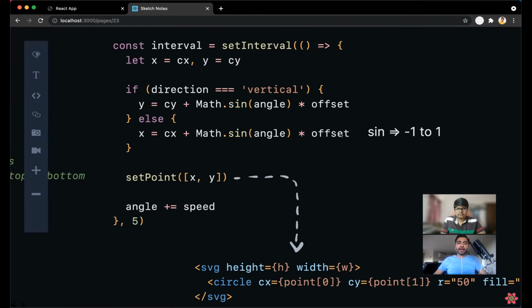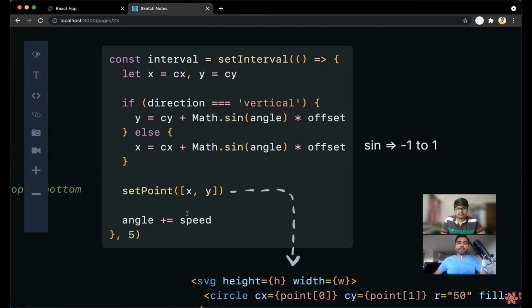And the speed, like if you give a bigger number, this angle, this sine value will be calculated faster, still -1 to 1. But if you increment very slowly, the offset will change slowly. If you give a bigger number, then this oscillation will happen in big steps. Yeah. Got it. So if you increase, it will go much faster. Otherwise, it goes slower.